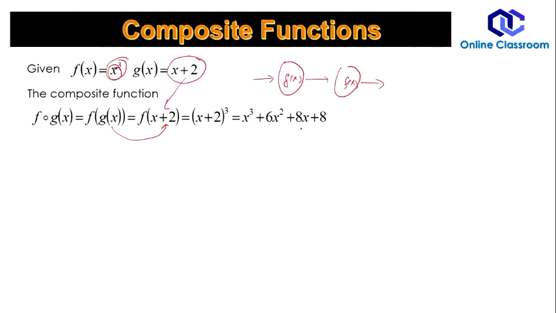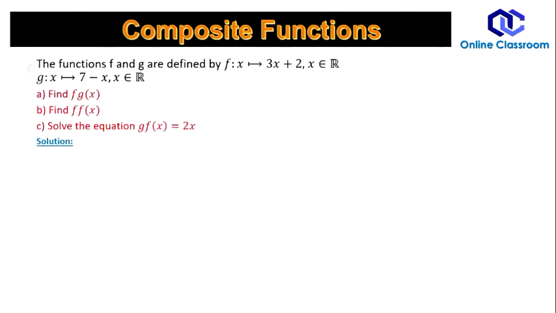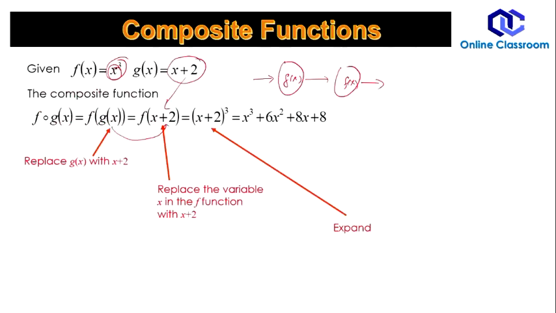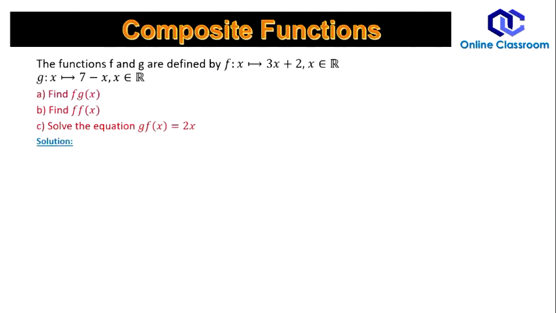Cube it, simplify it, get the result. This way you can make a composite function. The idea is clear. I've shown in detail the steps here, right? Okay. Another example, we have function f is 3x plus 2 and g is 7 minus x, both having domain all